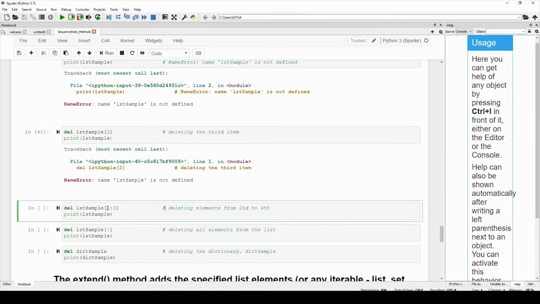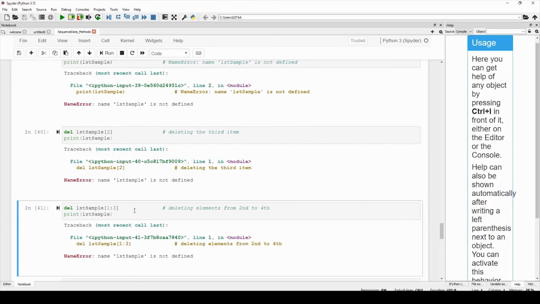You can also delete a sequence of elements by giving a sequence of indices. Here I am trying to remove the elements that correspond to the index 1 to 3. This is how we give it.